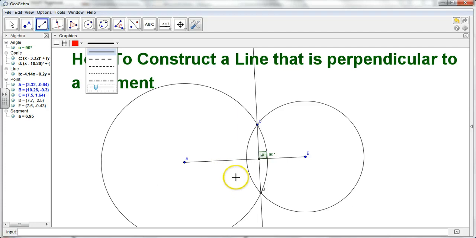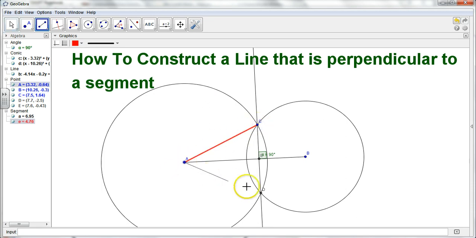So to show equal length here, look at this left circle, circle A. We label circles by the label of the center point, so this is going to be circle A, because A is the center. If I make a radius A to C, then that radius has to be the same length as, say, this radius A to D, because C and D are both on the circle. They have to be equidistant, right? Because they're both radii of the same circle. Now if you look at this circle, circle B here,